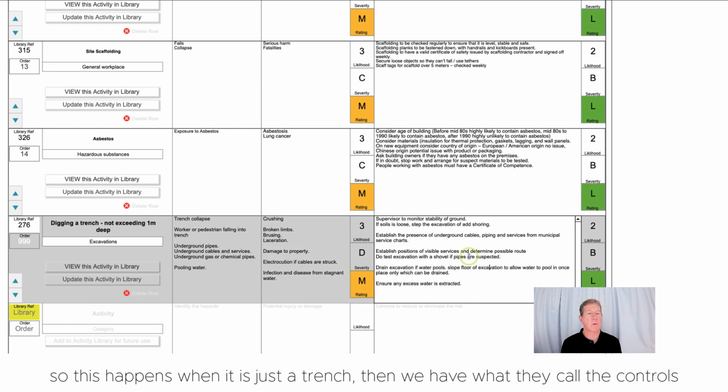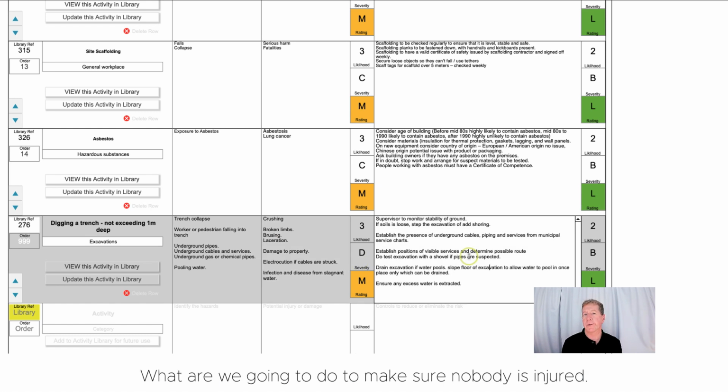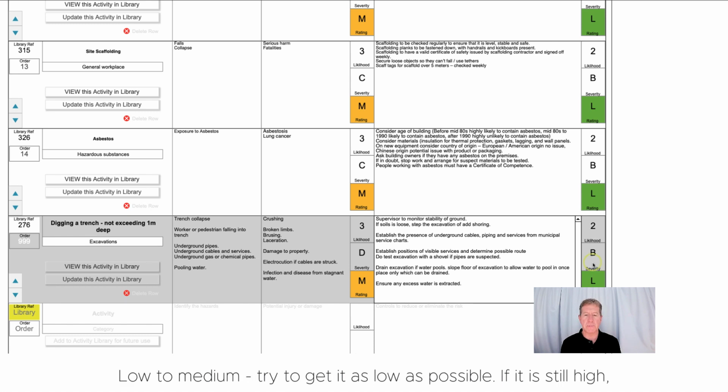Then we have what they call the controls. What are we going to do to make sure that nobody's injured? And you can put as much information there as is relevant. And then provided everything else is done according to those controls, what is your risk rating? And it needs to be low to medium, but trying it as low as possible. If it's still high, then you need to go back and look at other ways to do the job more